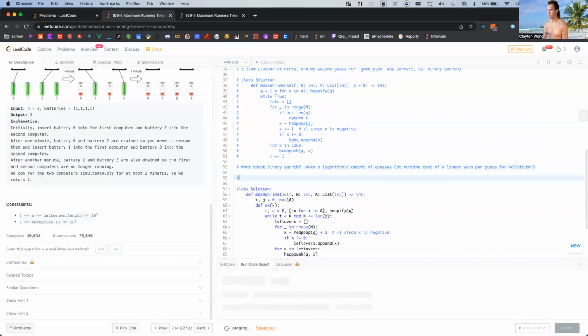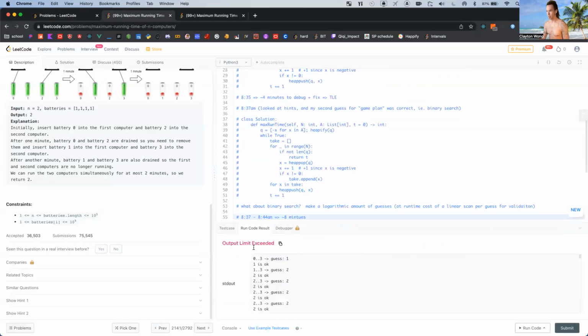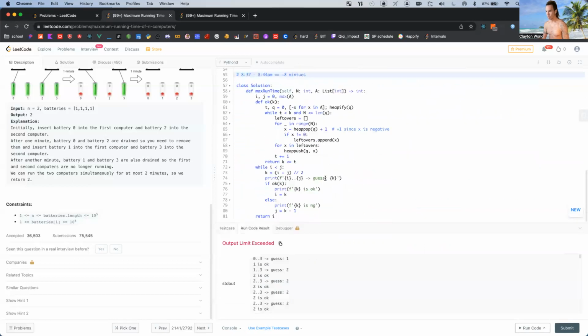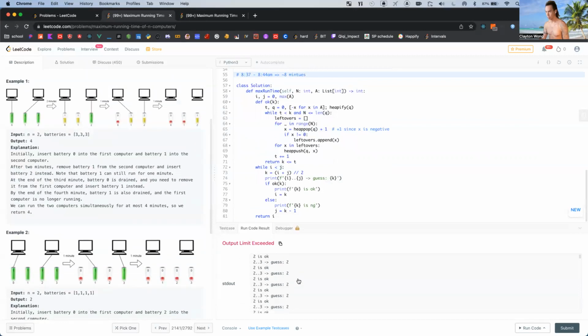Okay, so I started at 8:37, right? Right now it's 8:44. Just trying to track where my time goes here. 8 minutes. Okay, 0 to 3 is our initial search space. Oops, hold on. Guess one. One is okay. Right? Yeah, okay. Guess two. Two is okay. Guess two. Okay. Alrighty.